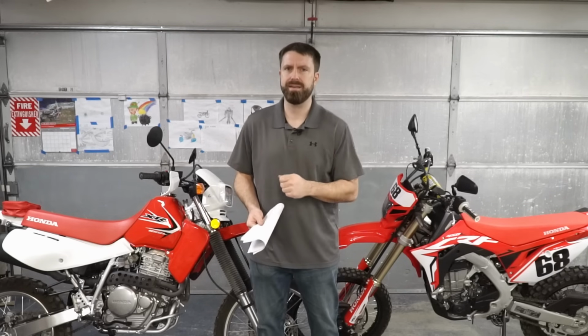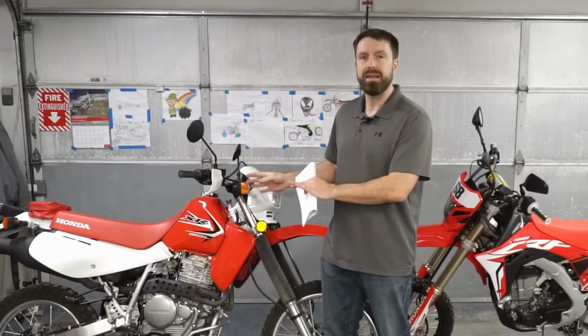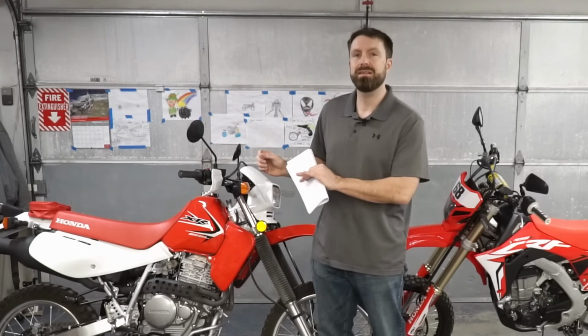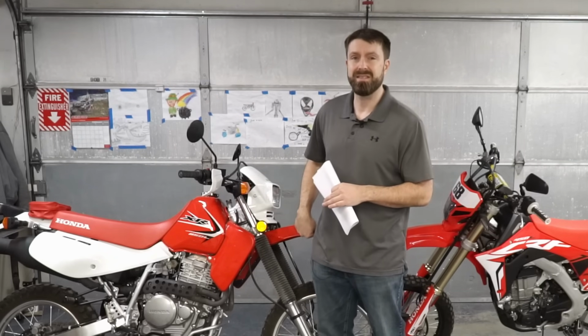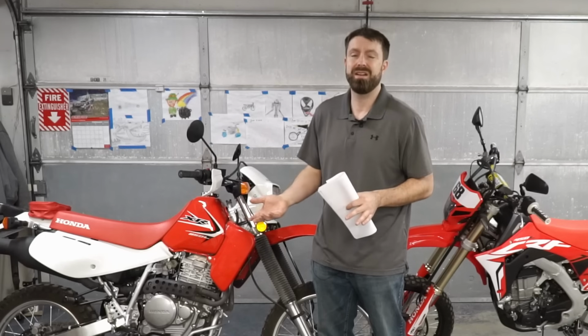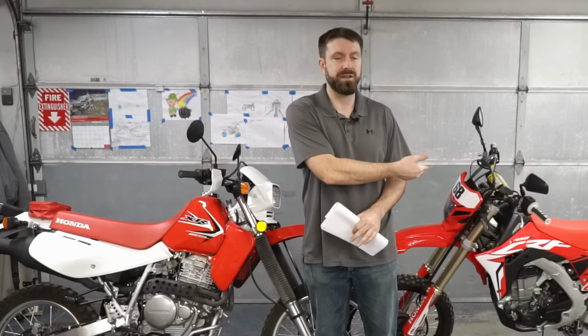Okay, so now we're on to our third category, and that's the technology between the bikes. And as CNET would say, where's the tech? Well, the 650L has none, but that's not a bad thing. Less tech means easier to work on. It means less things to go wrong. So as an example, even just the speedometer, this is gear driven, so if you change your sprockets, you don't gotta do anything. You gotta modify the computer on here with an inline speedometer adjustment if you touch the sprockets on the